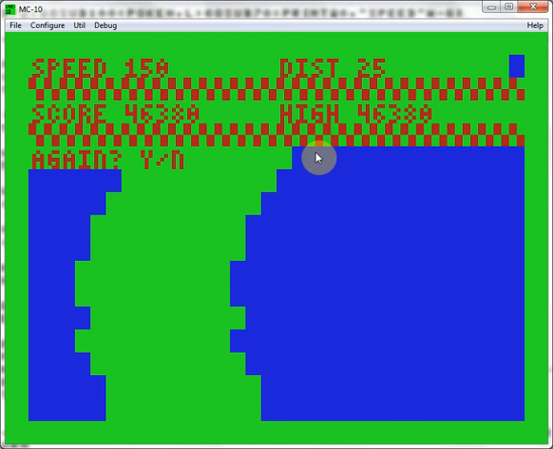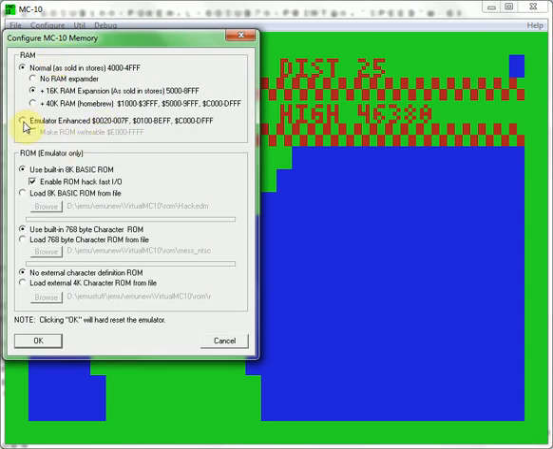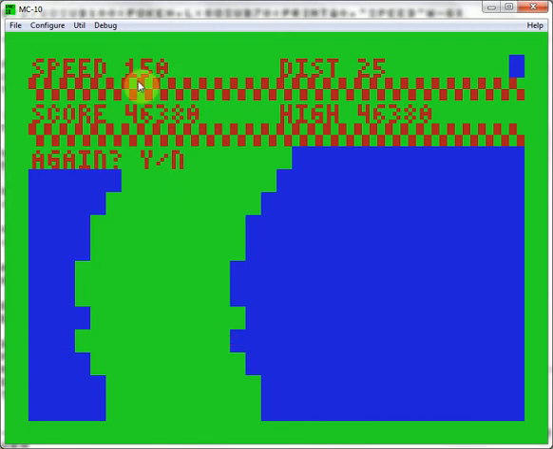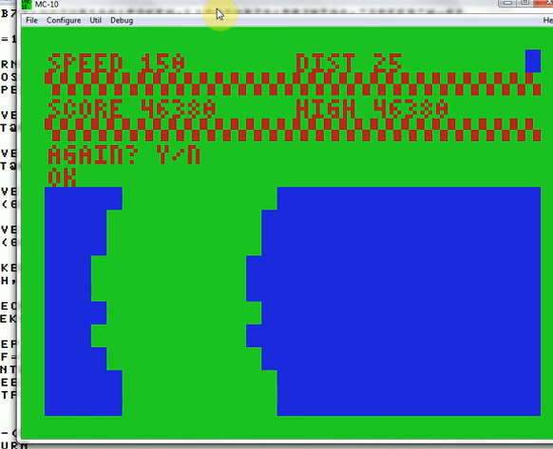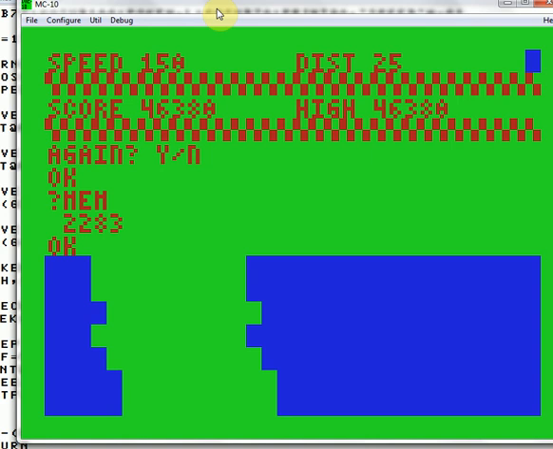VMC, the emulator as well, because it has a mode right here under configure, under memory. You would select this one and make ROM writable, and then that would make it so you could simulate the MCX board in one of the modes that it has. And so that's pretty neat. And that way I can do a lot more simple testing with it and develop this thing a little bit more. And instead of just having, let's see, well, with the program in there, I have about 2K, 2,283 bytes,